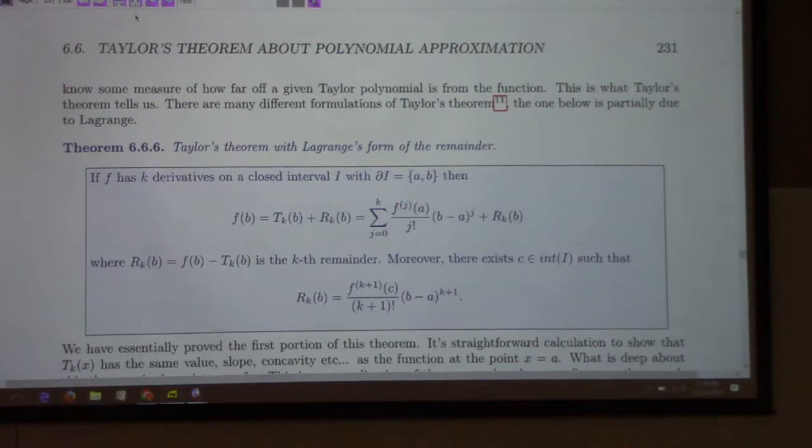I don't know if this reminds you of anything, maybe, maybe not. But in Calculus 1, we talk about the mean value theorem, right? And so the lowest order version of this,